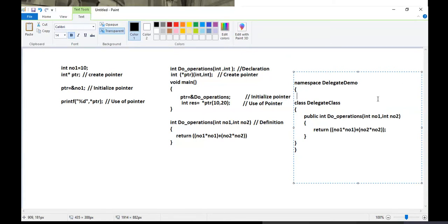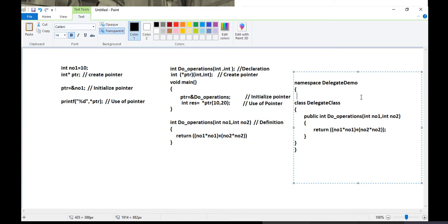Now, how are you going to create a delegate? See the concept. For a function, what is important? For a function, return type is important. For a function, signature is important. So when I create a delegate, I will definitely keep this in mind. Now at C# level, I don't think we'll be able to use this star.